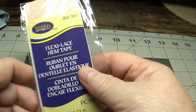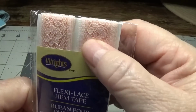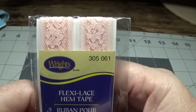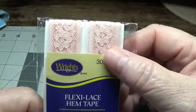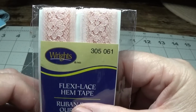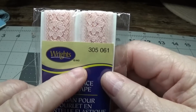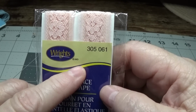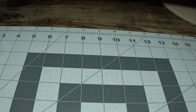Now this I also bought from eBay. Pink is not always easy to find. It's very popular in the stores, like our Walmart. I haven't seen the pink Flexi Lace hem tape in well over a year. They have other kinds, but not the pink. And I found 3 yards of this for $4.99 with free shipping. Okay, alright, so I'm going to set this aside because now I'm going to show you